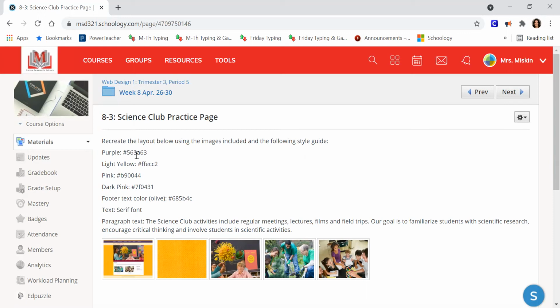And then I do have several different colors here. And I have specified a serif font, and I did copy the text of that one bigger paragraph. The headings and the unordered list you will need to type in, but that one big paragraph I have copied up here, so you can just copy and paste it. Okay, we're going to go back to